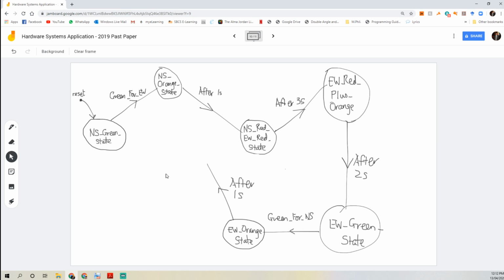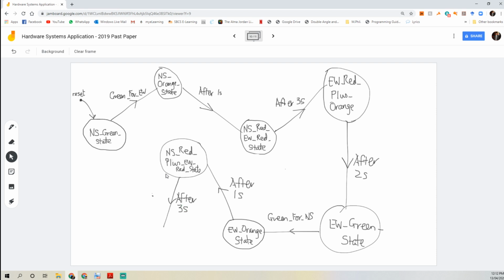So that's again the state where both of my lights are red. North-south red plus east-west red state. All right, we know that we always stay in that state for 3 seconds. So I'm just going to bring this down here again. Say after 3 seconds,